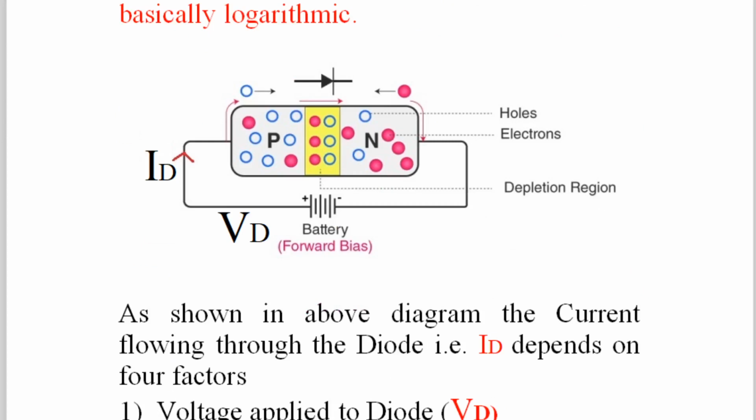Now we'll try to understand the amount of current flowing through the diode when we apply the voltage VD across the diode. This is a simple diagram of a PN junction diode. Again, there is a barrier potential, and here the electrons start flowing from n-type material to p-type. That is the actual direction of flow of electrons, but the conventional direction of current flow is always shown from anode to cathode, that is p-type to n-type.